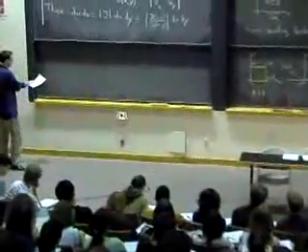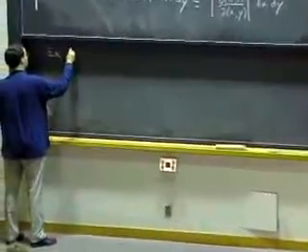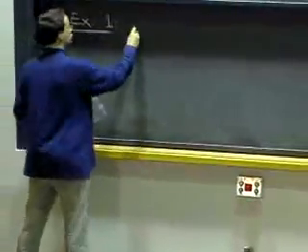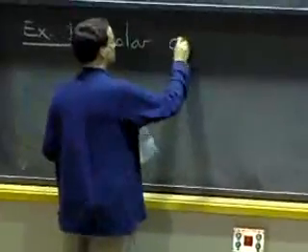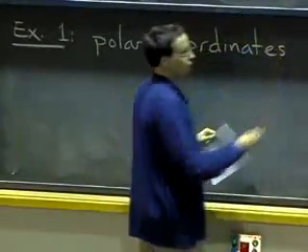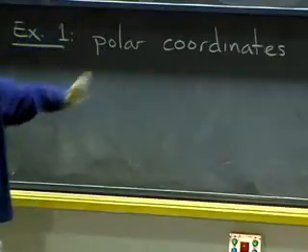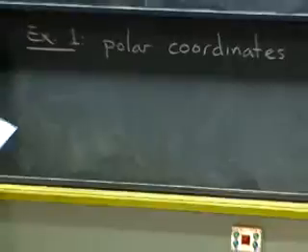So actually, let's do a first example of that. Let's check what we had for polar coordinates. Last time I told you, well, if we have dx dy, we should switch it to r dr d theta. And we had some argument for that by looking at the area of a small circular sector. But let's check again using this new method.